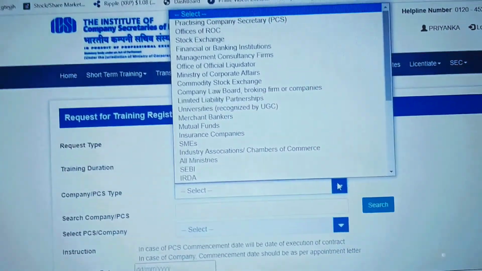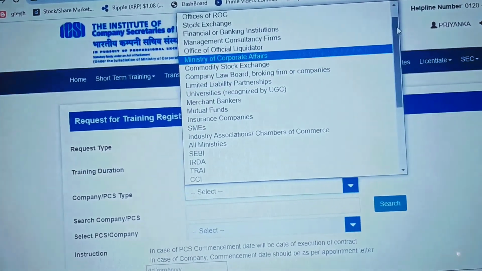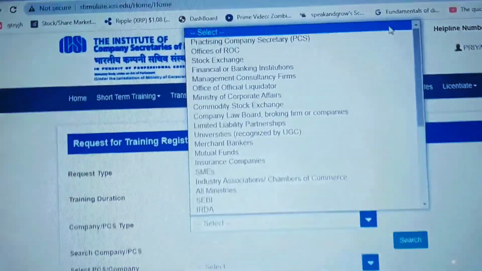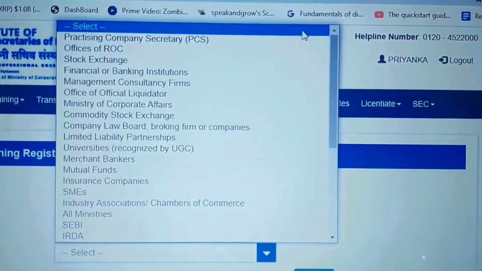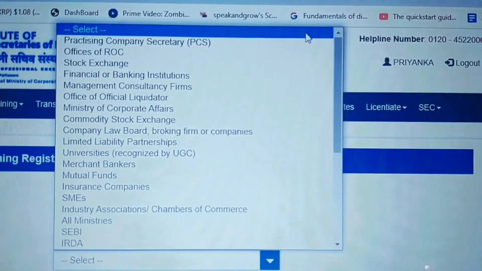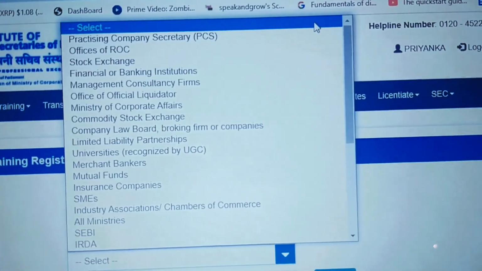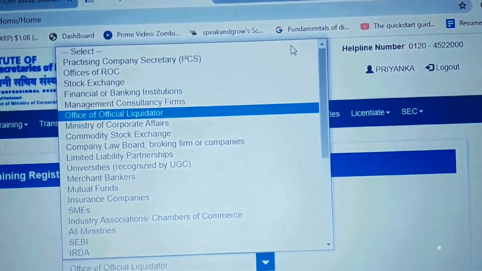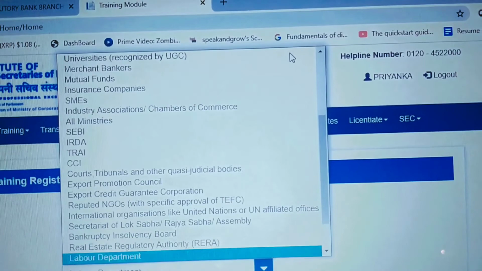Students who registered before 2014 are eligible for 15 days ROC training. For new registrations, they are eligible for CLDP now. Then you have to select the PCS under which you are going to register. As I'm going to register under a practicing company secretary, there are many options you can go for: offices of ROC, stock exchange, financial, office of official liquidator, NCLT and many more.